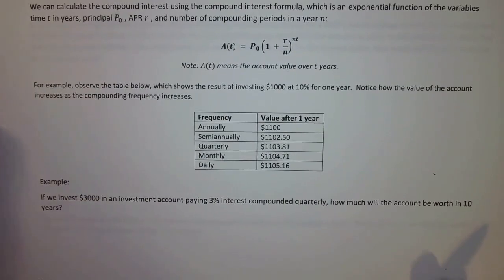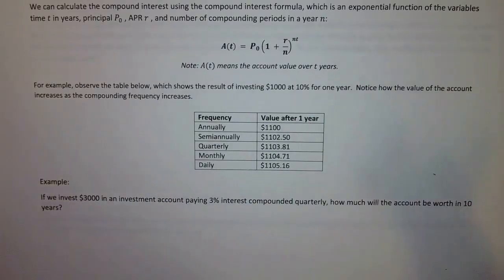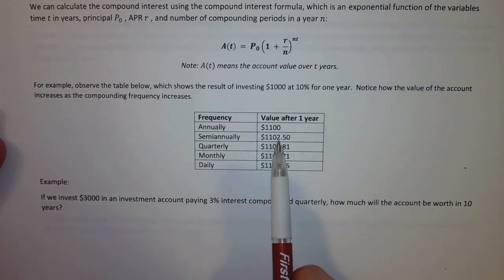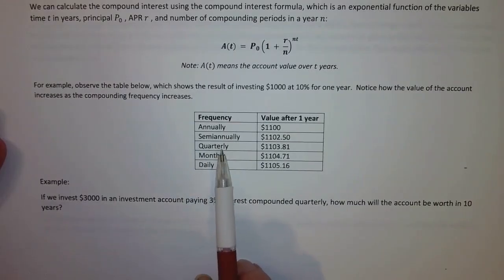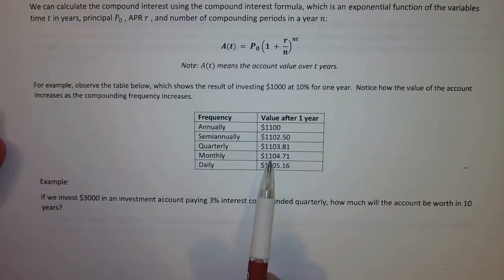So this little chart here just shows if I invested $1,000 at 10% for 1 year, if the frequency of the compounding changes, so does the value. If I just did annual compounding, it would be $1,100. If I did it semi-annually, which is twice a year, it would be $1,102.50. If I did it quarterly, it would be $1,103.81. If I did it monthly, it's $1,104.71. And if I compounded it daily, it would be